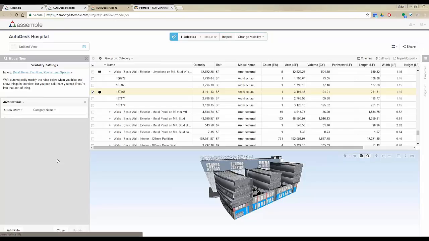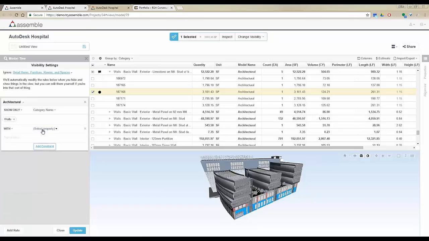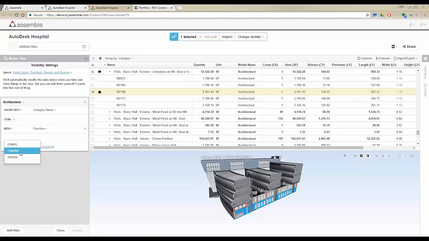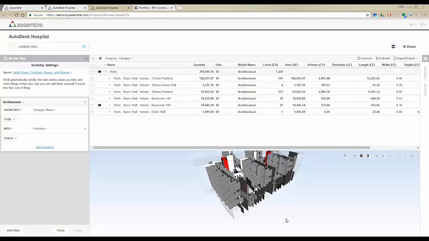If I click on add a rule, Assemble allows me to say show only or hide all, and you can select the object based on any of the properties that you have here. For example, I can say show only the category name walls and with function interior. So Assemble is going to basically show me all of the interior walls in the project like this,